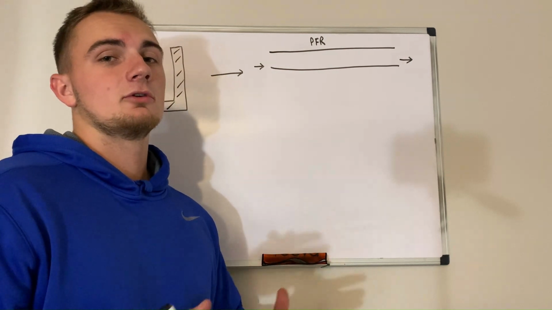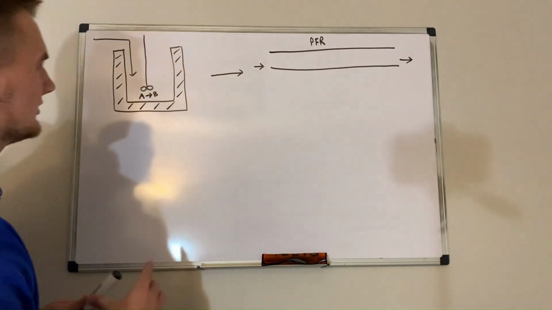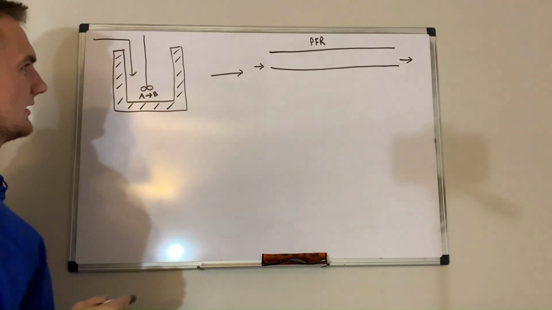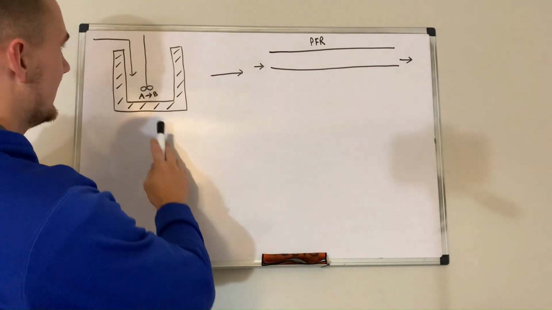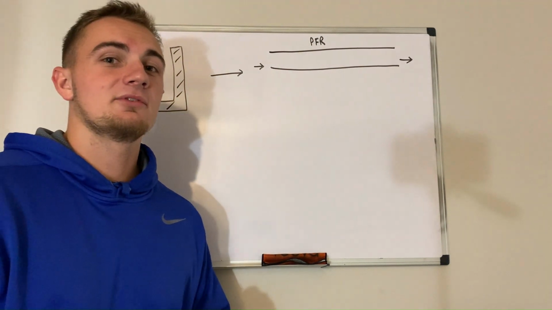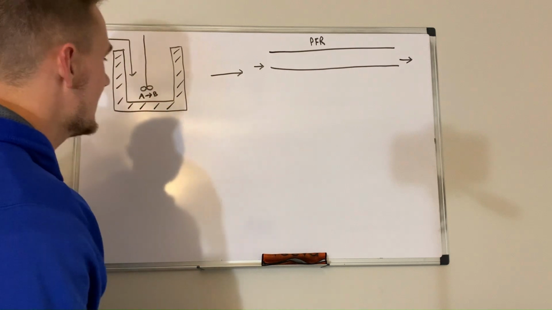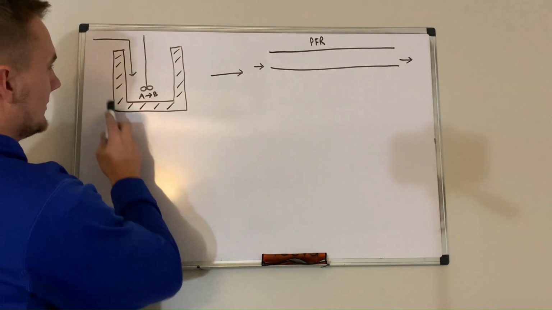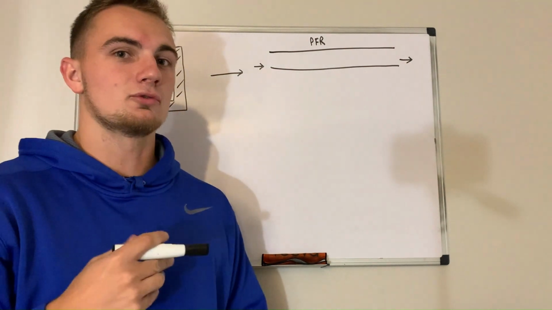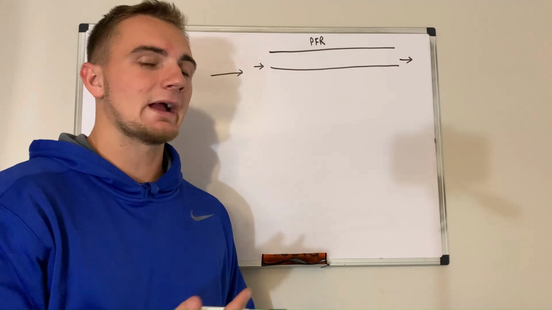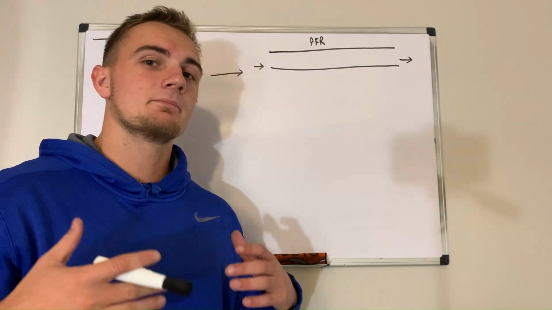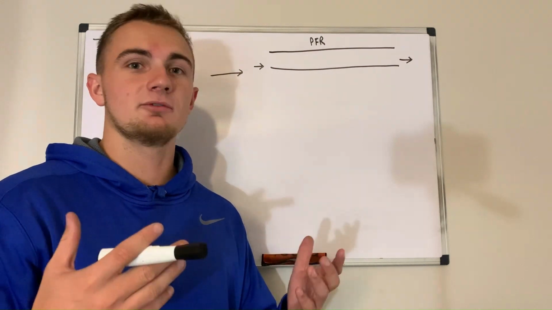But just to give a general overview of what we looked at, we had a continuously stirred reactor here with some flow rate going in that had some concentration of A, and that concentration of A reacted to form B, and this was an exothermic reaction. So we had some coolant, basically a coolant jacket around our reactor that allowed us to cool the reactor down because it was an exothermic reaction and it was releasing heat,